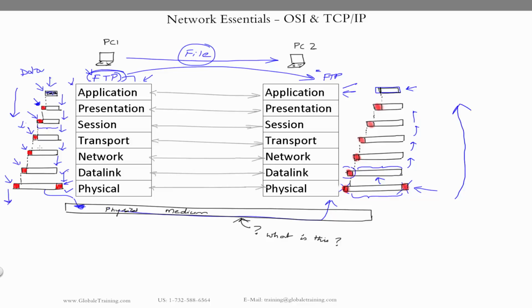Again, to repeat, when you transfer something, it is sent through all layers, and every layer adds a header on the source machine. When it goes to the destination, the layers are removed, I mean to say the headers and the trailers are removed, and the data is passed up the layers. So that is how the whole data is transferred from one device to the other device.